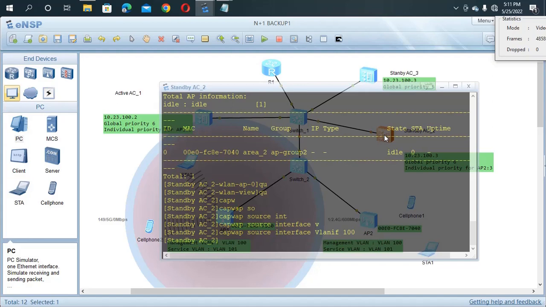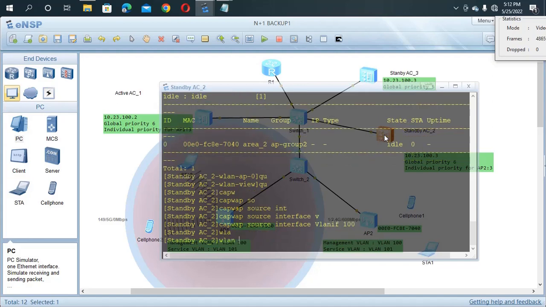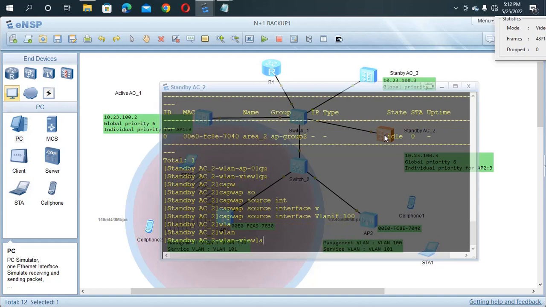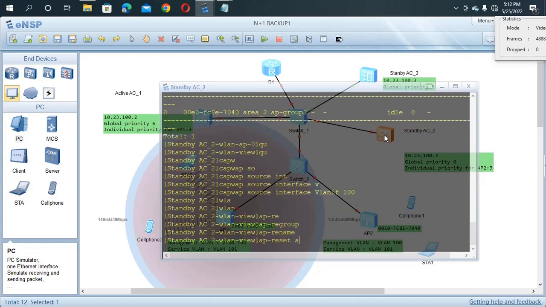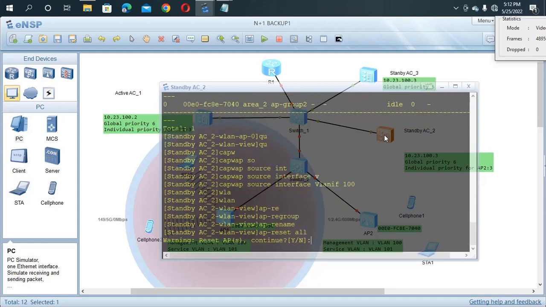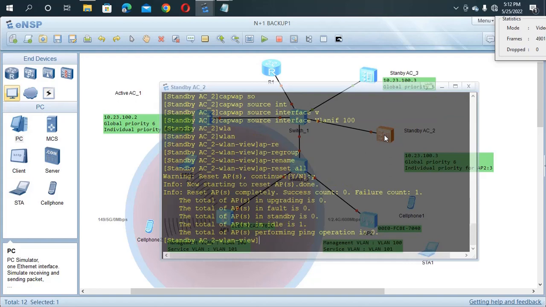Then we reset the AP, in the WLAN view, AP reset all. Yes. Then still in the idle state. Let's give it time to pick up. While it is picking up, let's configure the